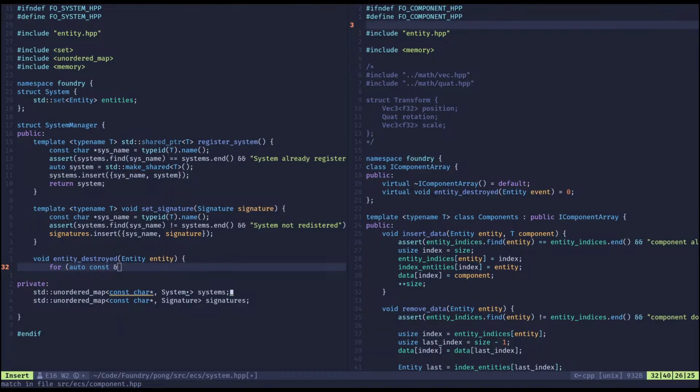Actually, hold up. I think auto const is actually the same thing as const auto. I'm doing const auto because I prefer that. And then I'm just gonna look that up real quick just to be certain. Const auto versus auto const. Is there any difference? So yeah, this is okay. Yeah. Okay. Cool. I was a little paranoid because